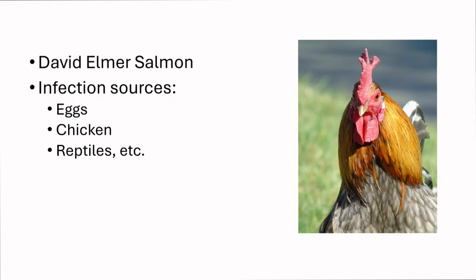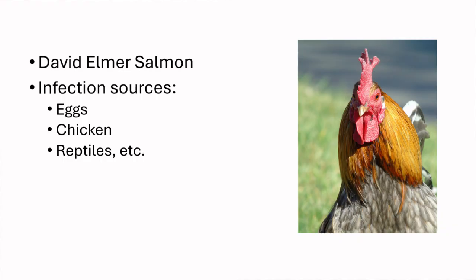So in general, chicken is an important carrier of this enteritis Salmonella, but also other animals. There are, for example, cases when people get infected from their pet reptile, from their pet iguana or something like that. In terms of food, the eggs are actually not the most important source. The more important source seems to be chicken itself, so chicken meat. And a possible case would be undercooked chicken. But what seems to be even more